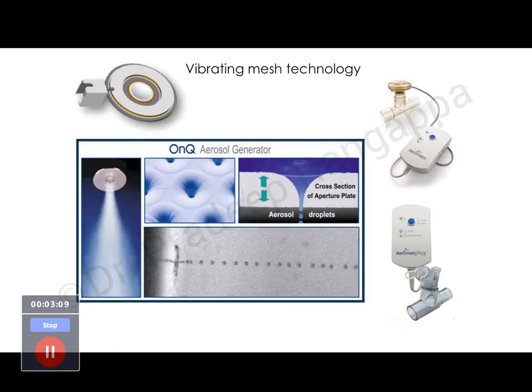And then came this vibrating mesh technology. Basically it has a mesh, as you see, with multiple orifices. It increases the whole surface area so that your aerosolization is a lot denser and a lot more effective. This is currently available, and we will look into the studies whether this really outscores your jet nebulization, your metered dose inhaler or the ultrasonic nebulizer.